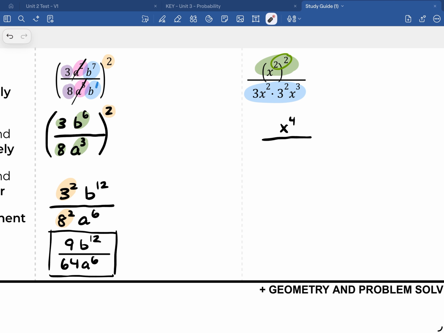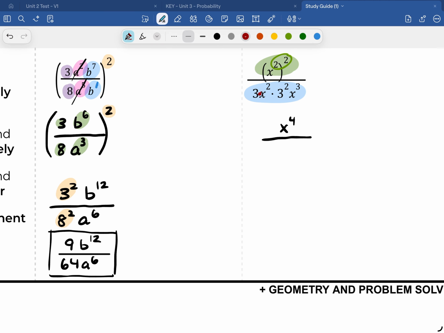Now looking at the bottom, I want you to be extra careful here. Notice that there are no brackets around this 3x to the power of 2. This means that the 2 is only attached to the x, and it has no relationship to the 3. Even though there's no dot right here,